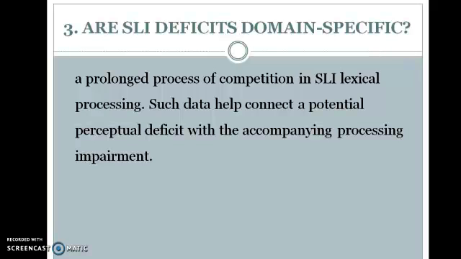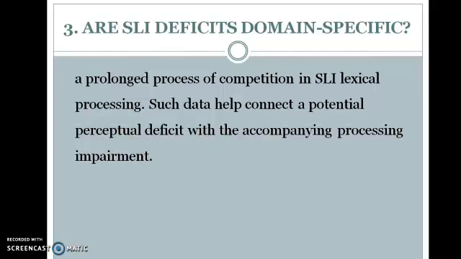Well, the third question is, are SLI deficits domain specific? A prolonged process of competition in SLI lexical processing. Such data connect a potential perceptual deficit with the accompanying processing impairment. The idea is that the specificity of this disorder implies that language learning and processing depend on a disparate linguistic module rather than on dominant general processes, and that damage to the module causes highly specified symptoms as